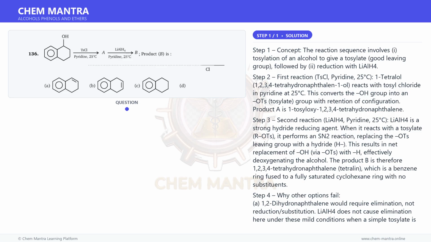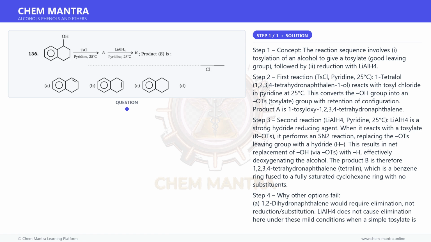Step 1, concept. The reaction sequence involves: 1. Tosylation of an alcohol to give a tosylate, a good leaving group, followed by 2. Reduction with LiAlH4. Step 2, first reaction: TsCl, pyridine, 25 degrees Celsius. 1-tetralol, 1,2,3,4-tetrahydronaphthalen-